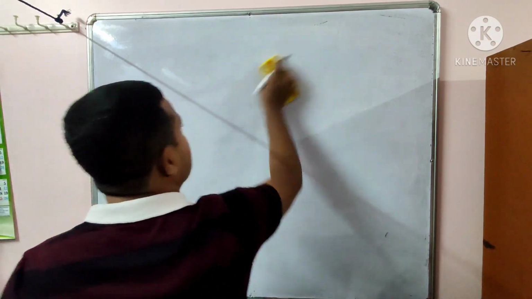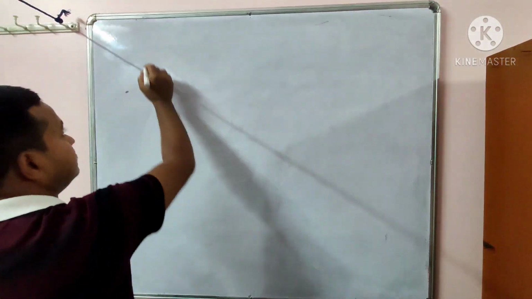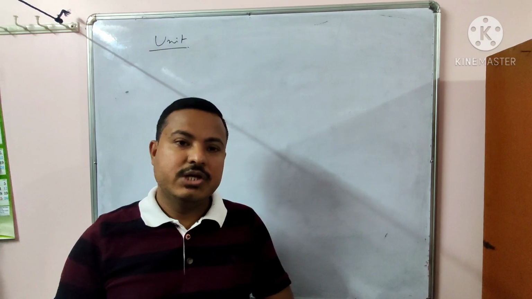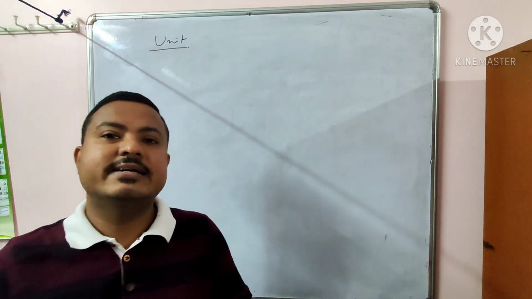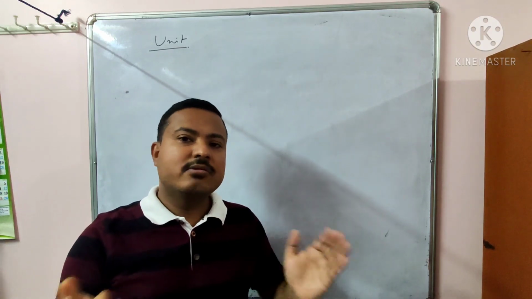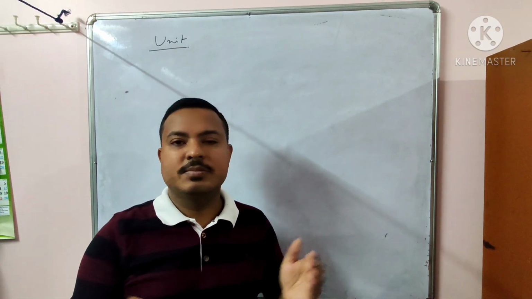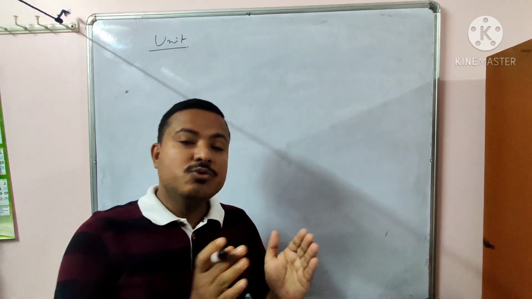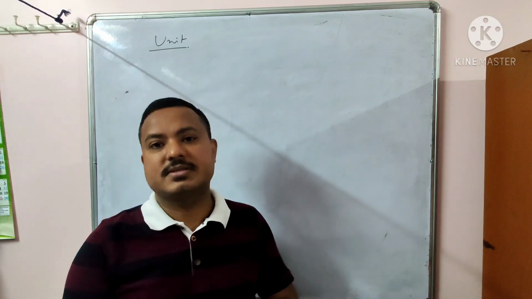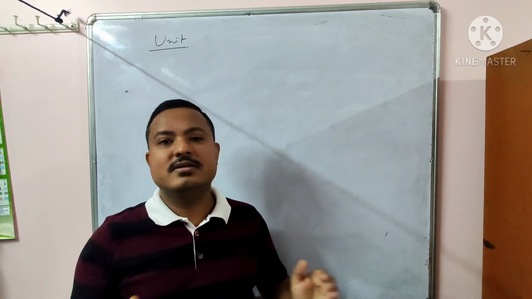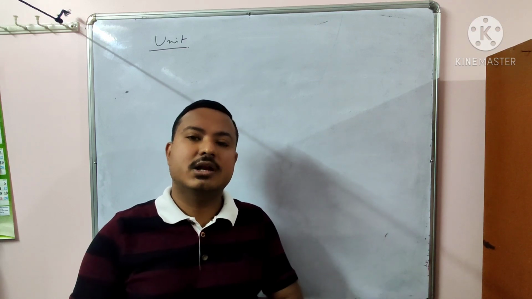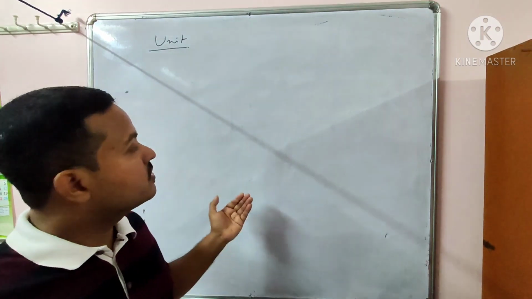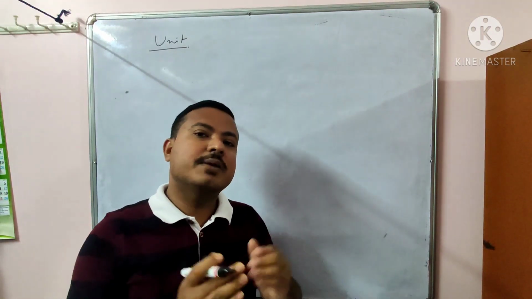Now let me discuss unit. First of all, what is a unit? Unit is simply a reference standard used for measurement. Whenever you measure any quantity, it may be length, mass, time, or any other quantity, we always put some unit. The unit helps us to understand which quantity it represents. So a reference standard is chosen for the measurement of a physical quantity. That reference standard is called a unit. As we have two types of physical quantities, we have two types of units.